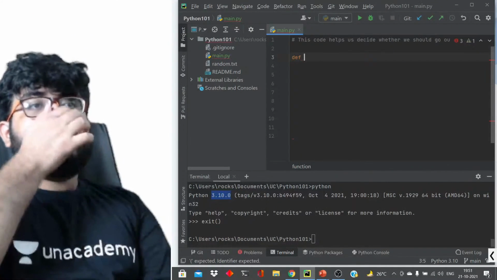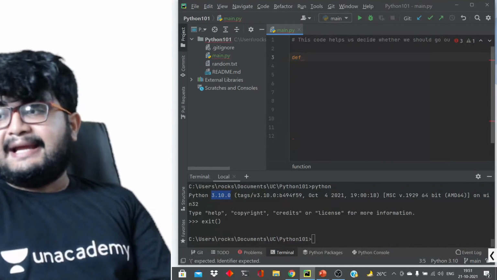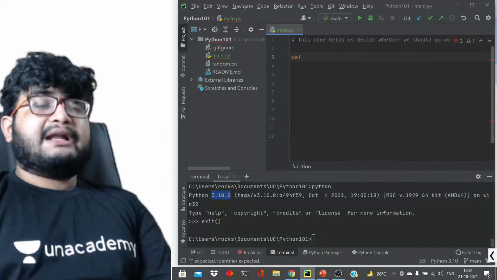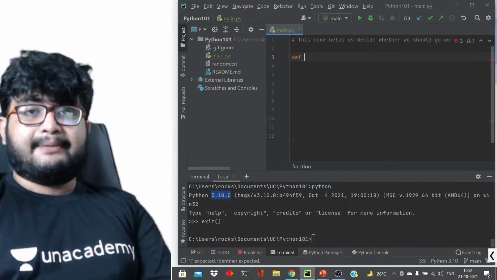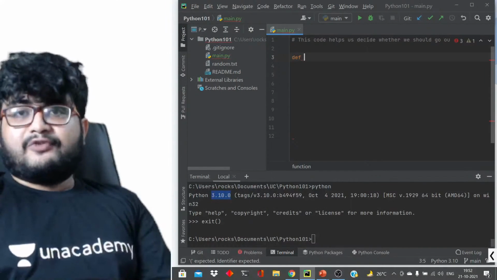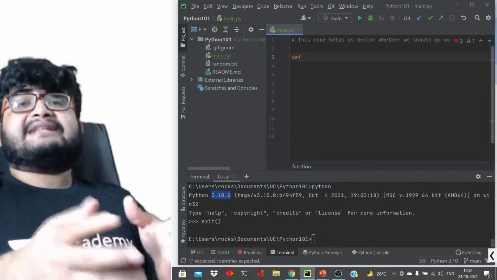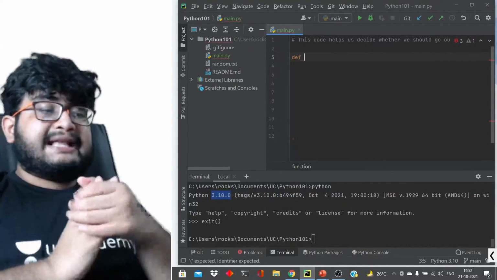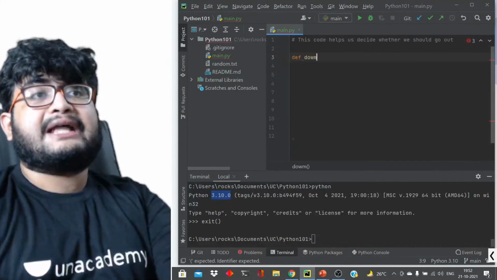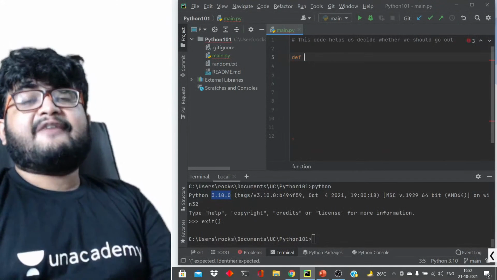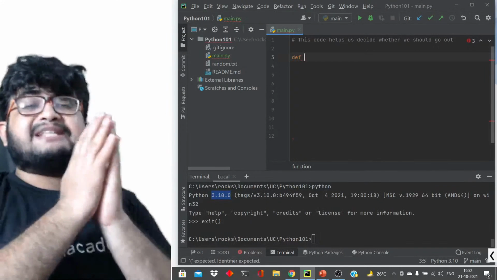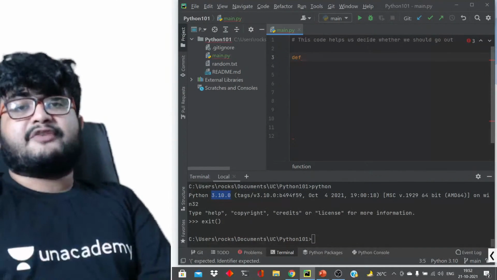So def is the keyword that will help you define a function. It tells that this is a function. Now each function has some name. Generally, when you write the name of a function, make it meaningful, with regard to the purpose of the function. Let's say a function will help you download a file. You should name it similar to download file or download something. If a function's purpose is to upload a file, write the name similarly, so that by seeing the name one understands the purpose of this function.